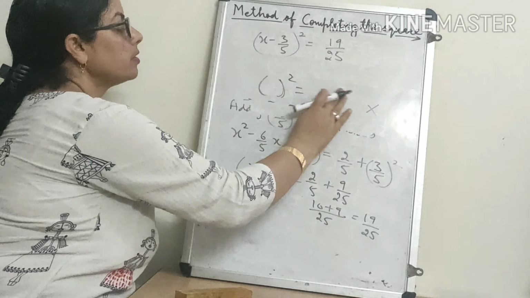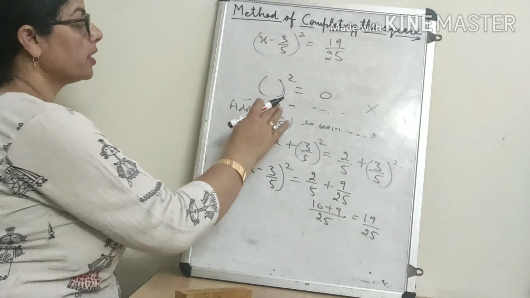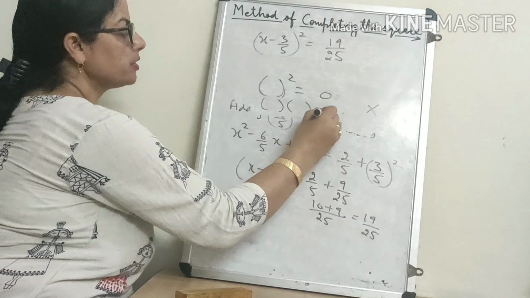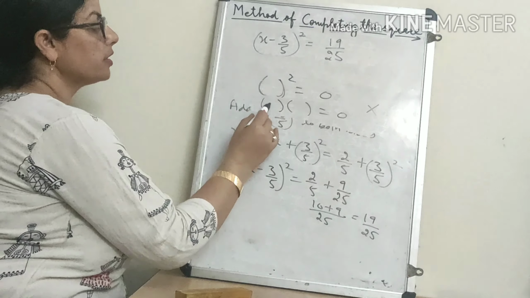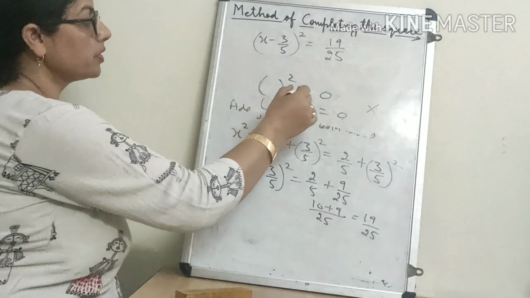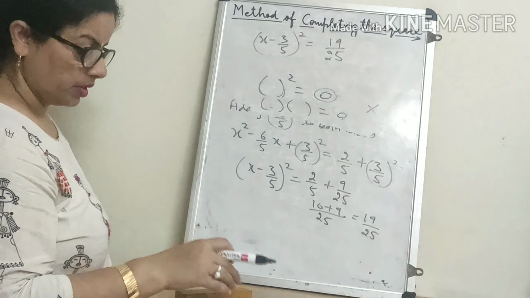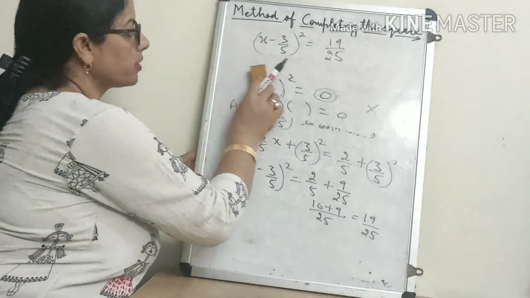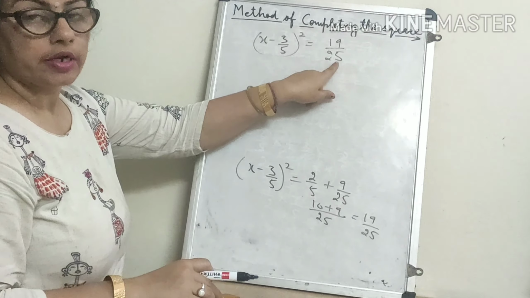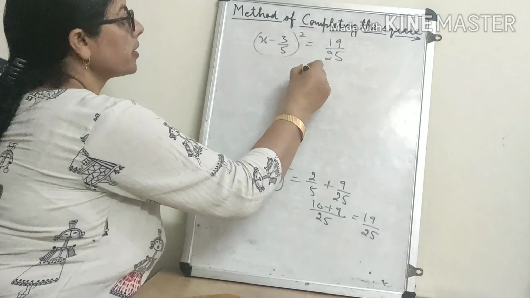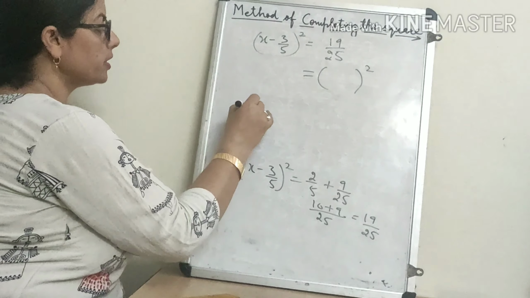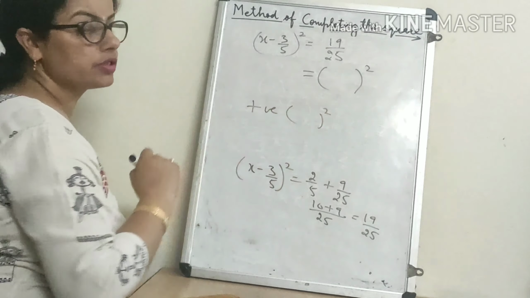And if the right side is 0, then we will write our binomial 2 times, and then either this is equal to 0 or this is equal to 0, then the same roots will come if this side is coming 0. And now here what we got, in this sum there is a positive number, and this we can write as a whole square.